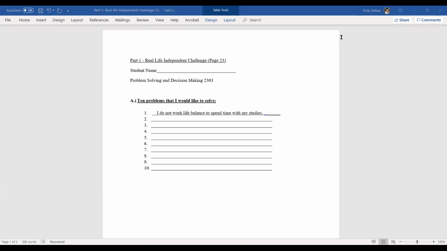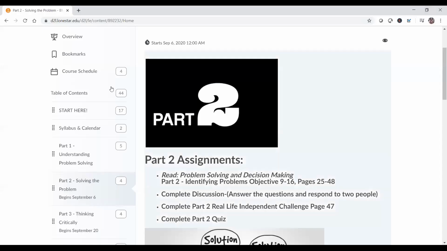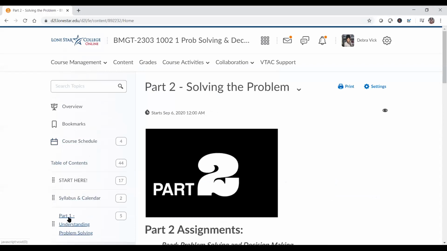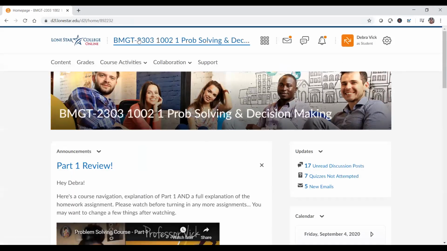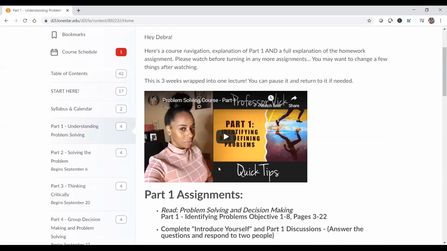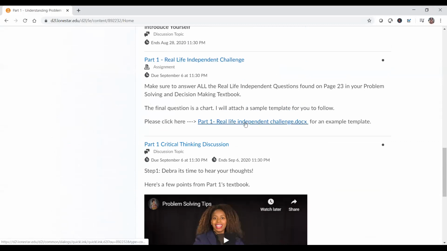So if you are looking at your course, let's go here to problem solving. So if you are in your course, you will see your Part 1. Once you're in your Part 1, you'll also see, you'll go to content. Once you're in your Part 1, you will see the Real Life Independent Challenge. You'll also see the template. You'll click on the template,